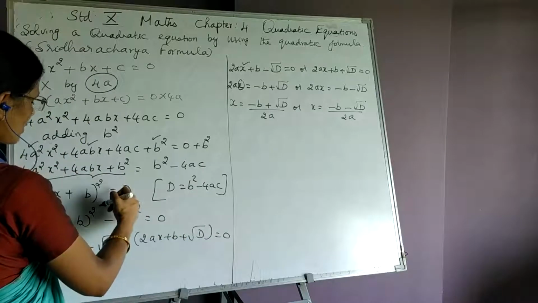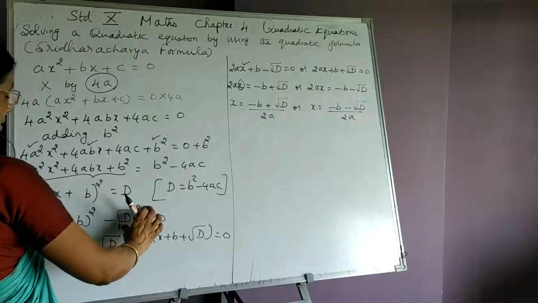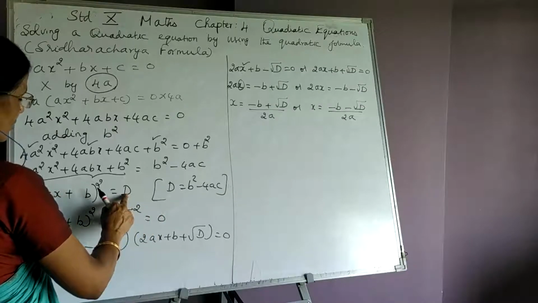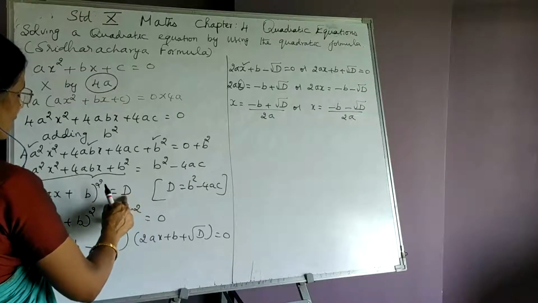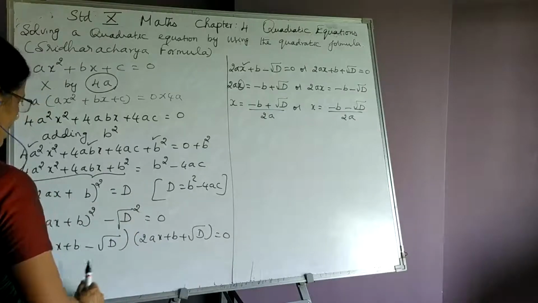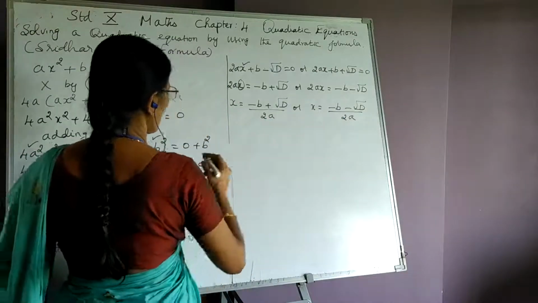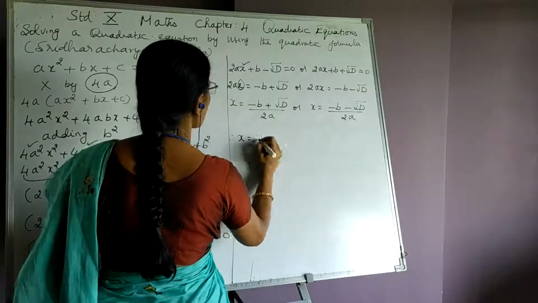So this d is brought to this side as d, remember. But we want a square minus b square form. This is not a square term. In order to make this a square, I have written d as root d into root d, which is root d square. Now a minus b, a plus b, we got the values of x. Therefore, x is minus b.